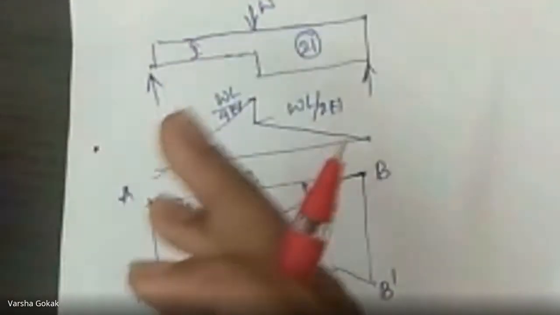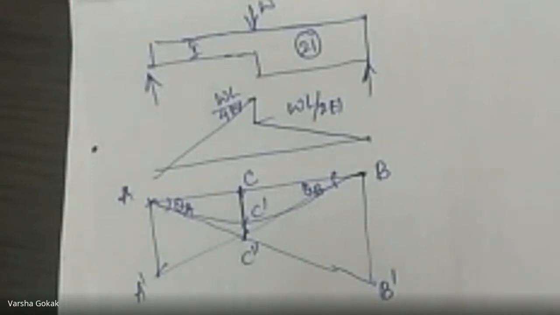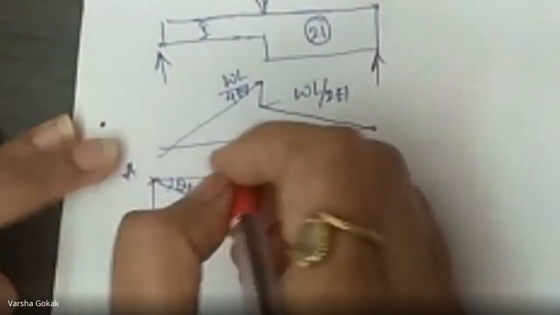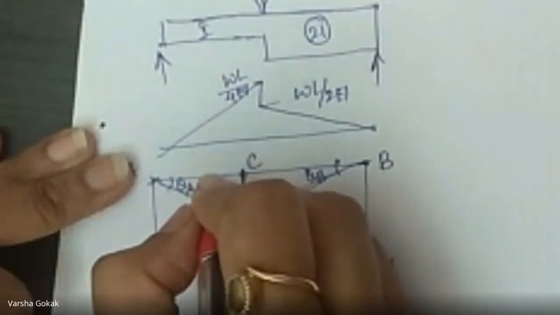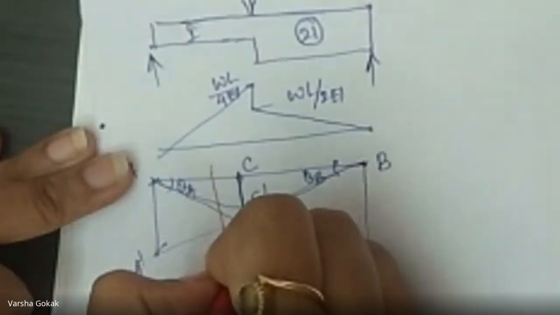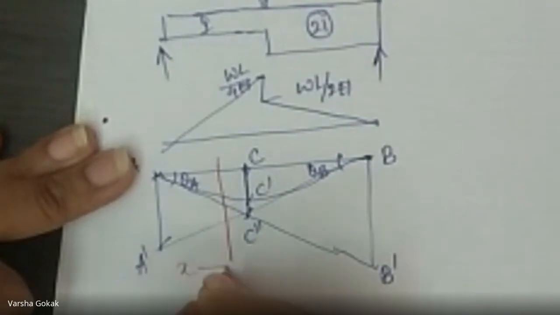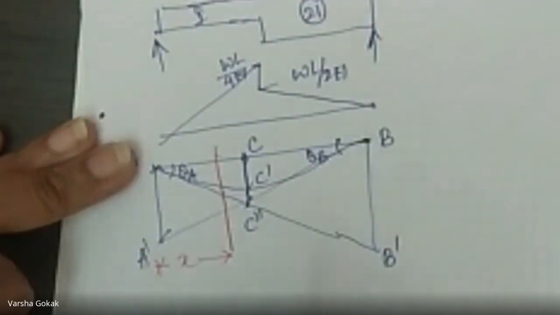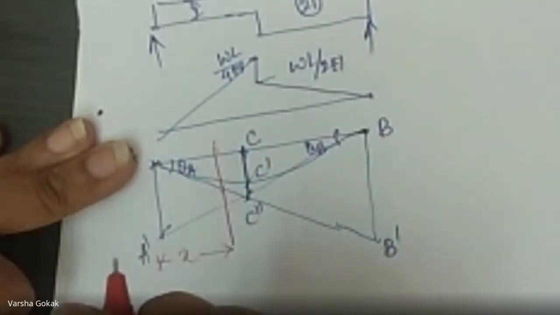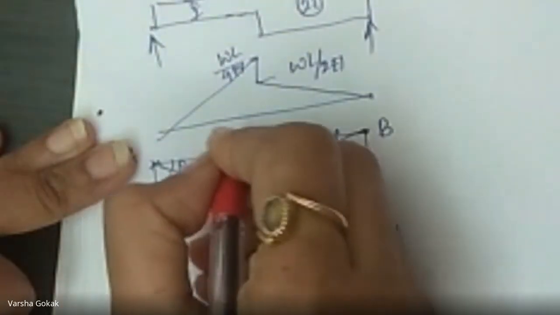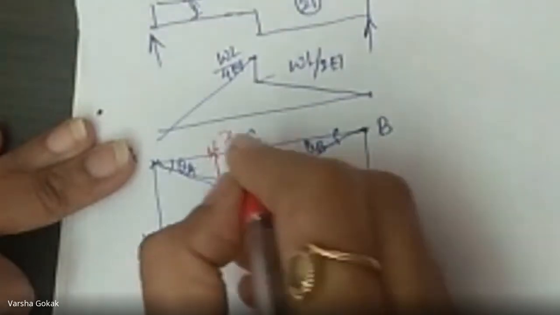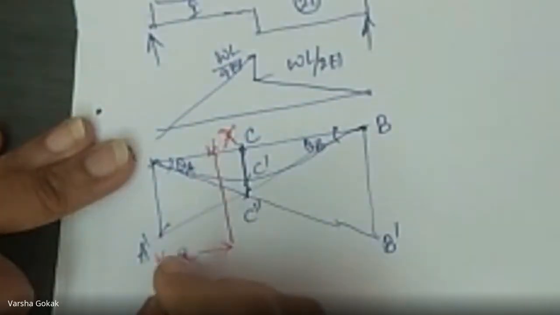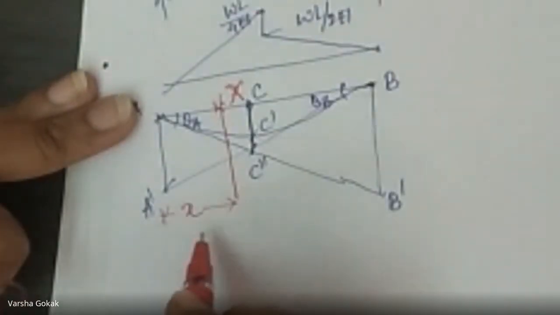Now, the further part of the numerical is if I want to find the deflection here in the same case at a distance, say x. I'll take a section here, say at a distance x, I want to know what is the deflection. Clear? So at a distance x, we want to find the deflection. I'll call this point on the beam as X only. Okay, capital X, you can take it. And this is the distance, that is small x, right? So this is what we have to do.